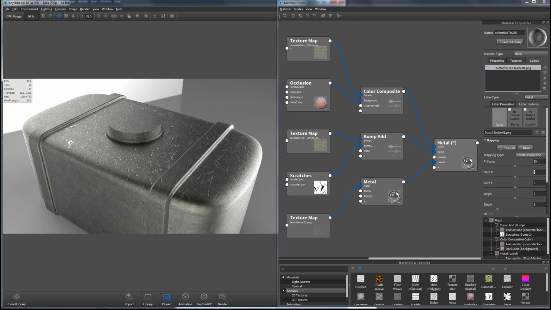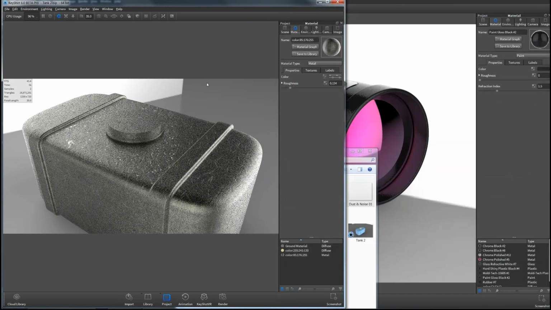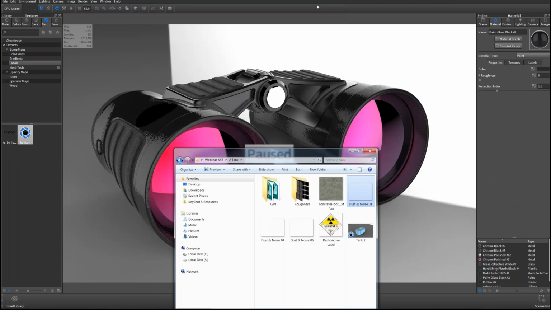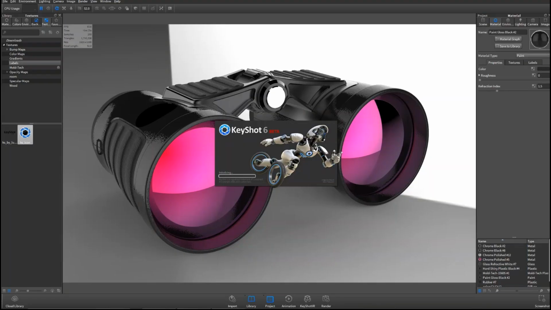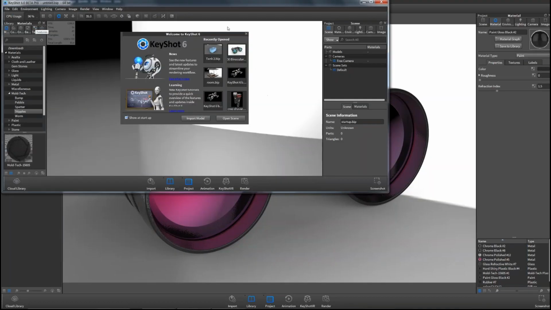Okay, so let's go ahead and change tracks a little bit right here. I'll pause this scene and close my material graph. So Shift P to pause this one. Because I now want to talk about some of the new things with our lighting that are catered towards architectural design and interior design. So I'll open up a new session and let's import an existing file.